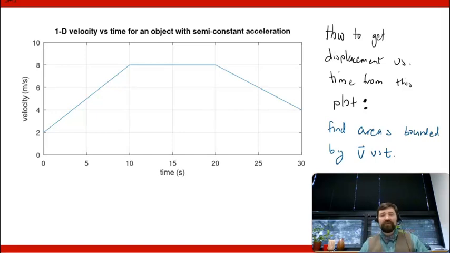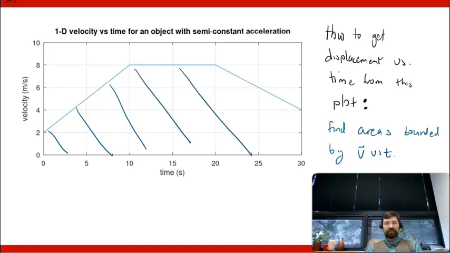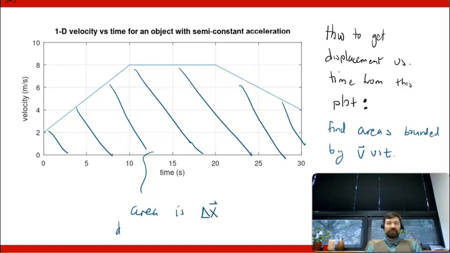In other words, if I want to know the total displacement from 0 to 30 seconds, I have to find the area that I'm shading in right now. Like this whole shaded area would be the displacement from 0 to 30 seconds. So I will write that area is delta x, displacement,